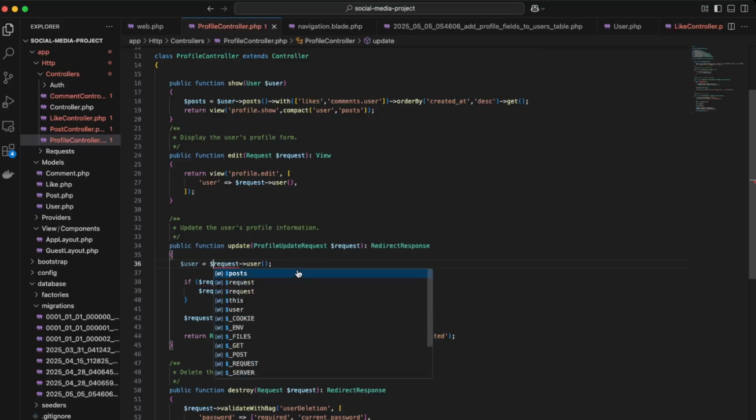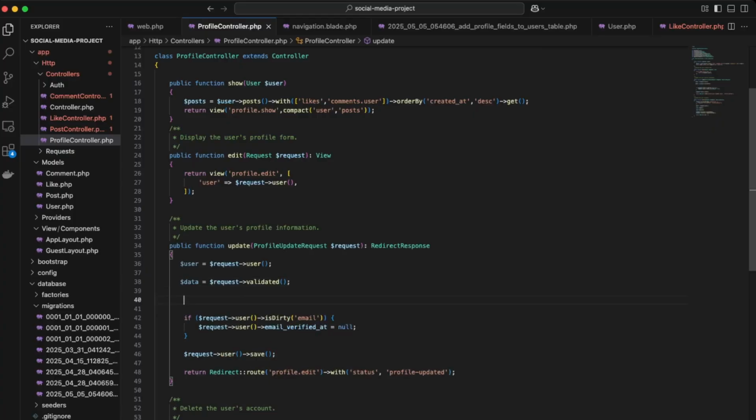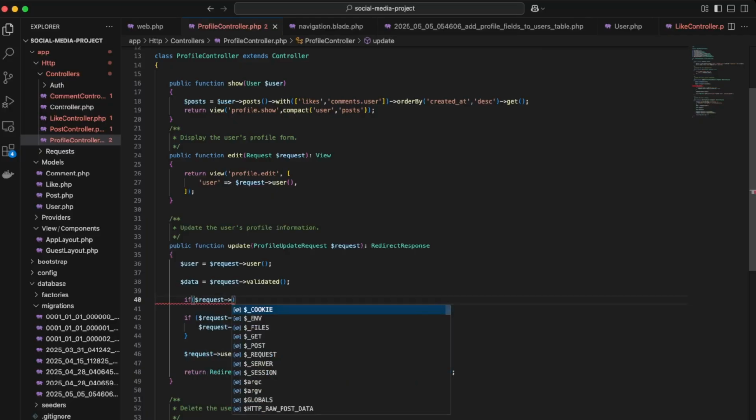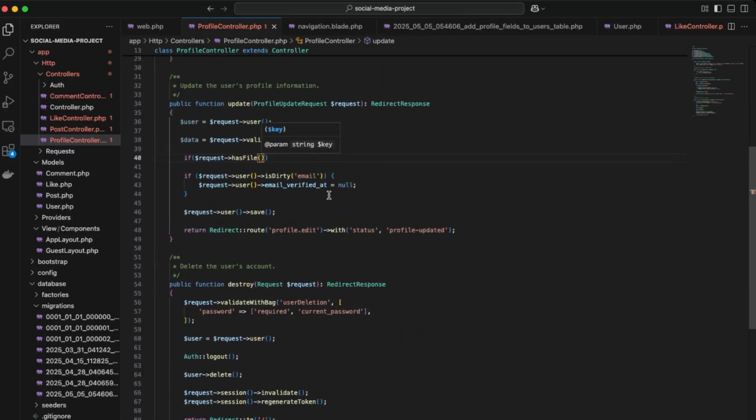Okay, just forgot our variable here. And then after we can do data is equal to request validated. Okay, so now for saving the image, so if request has file, profile image,